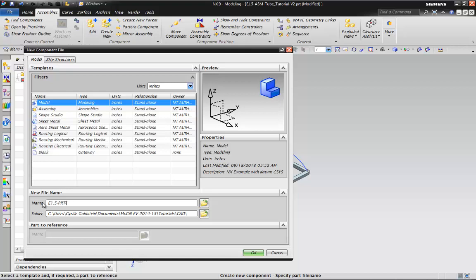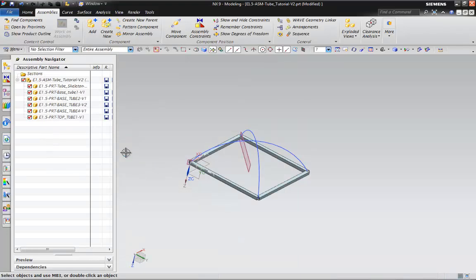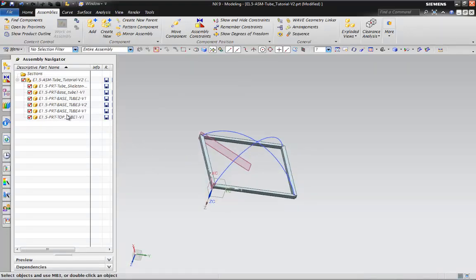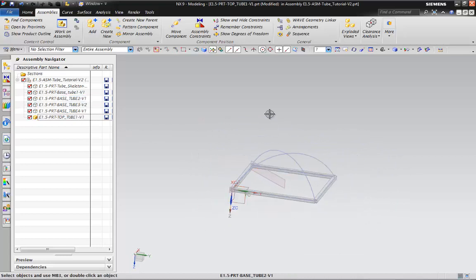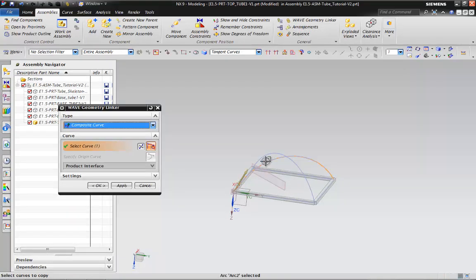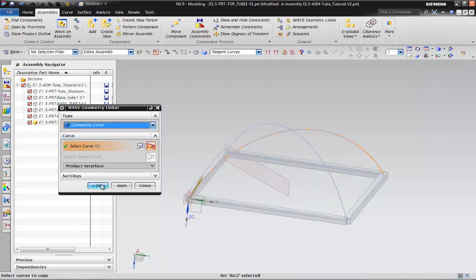There's no real difference between the assembly versus the part per se, but for the sake of clarity while you're working, it's nice to separate the two as you create either an assembly or a part. Okay, so we'll select this curve here,